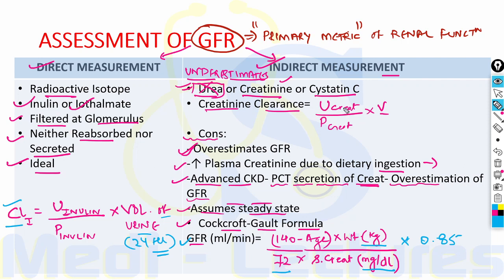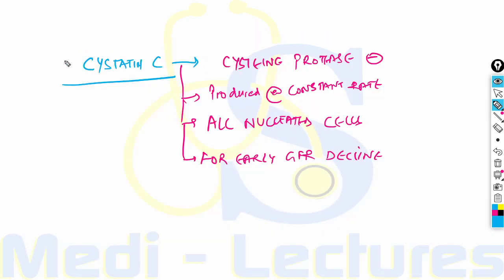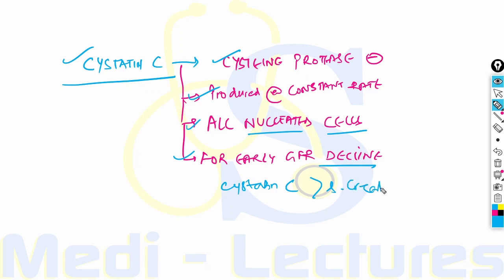Now, after we have discussed the GFR calculation with the help of creatinine, let's have a brief discussion about cystatin C. This cystatin C can also be used for calculation of GFR. It is a member of cysteine protease inhibitor, which is produced at a relatively constant rate from all the nucleated cells of the body. For early GFR decline, cystatin C is a better marker for calculation of GFR than serum creatinine. But